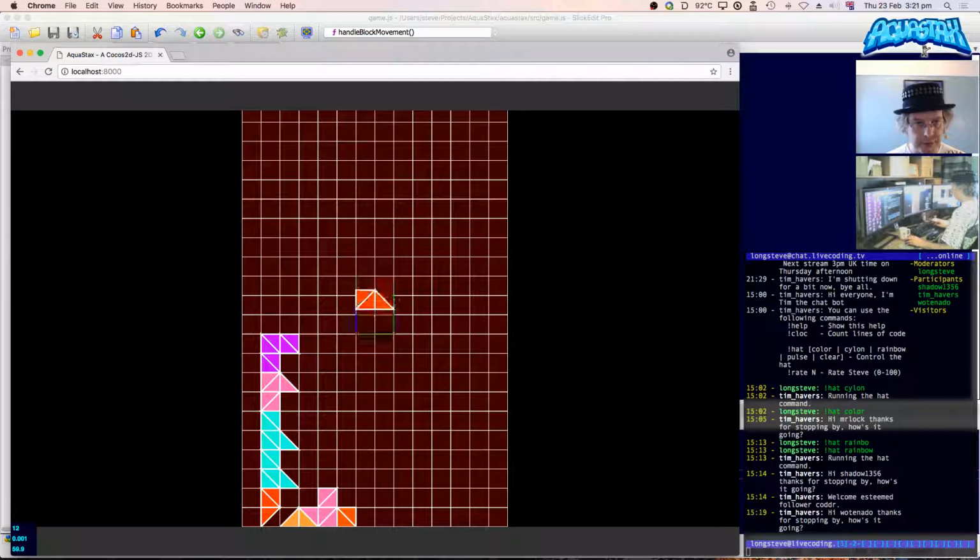Here we go. So this one, oh, I'm not going to get there. So if I rotate that, no, it's not. Okay, that's successfully not rotating that way round. Let's try that same block, but the other way up. I don't have the prediction of what block's coming next implemented yet. I'll try this one. So what I want to do is see where it moves to the right. It's that way, isn't it? No. Okay, so it's not too bad. It's not doing what I thought it would do, which was move itself to the right automatically or get stuck in an infinite loop, which is probably a good thing.